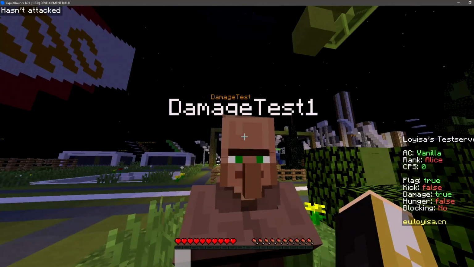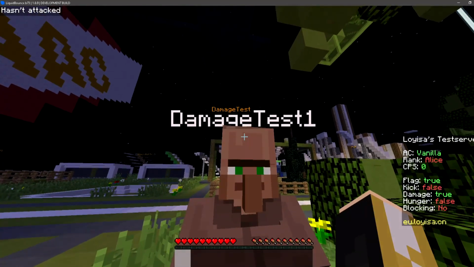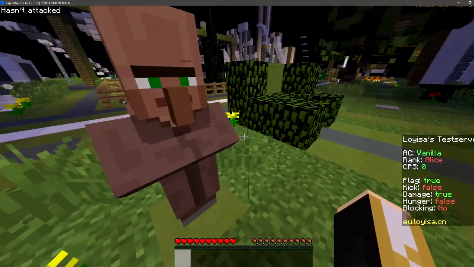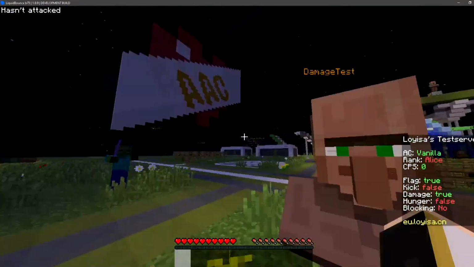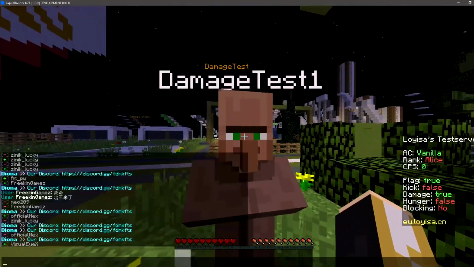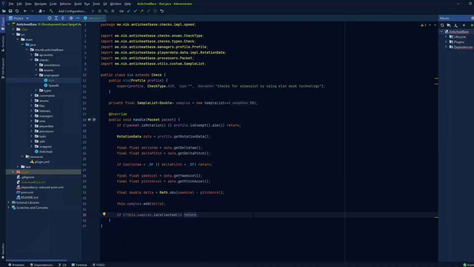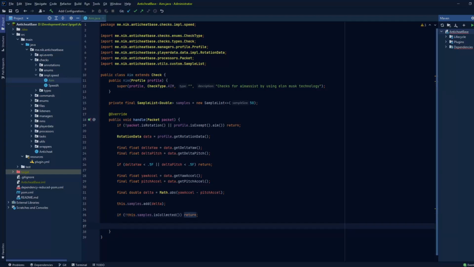It's hard for your rotations to be identical both here and here. So you have to be moving like this and make them very identical, but it's quite hard. It's not impossible, but it's quite hard. And yeah, some Killauras, especially older ones, tend to fail this type of check. So yeah, I mean it's not really a God Savior Elon Musk check, but it's good to have,